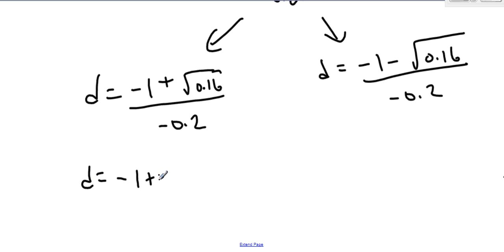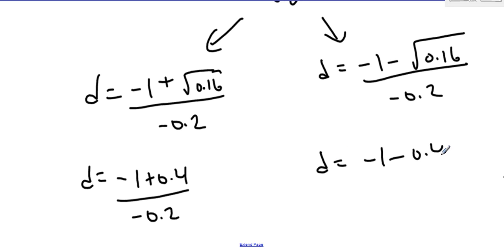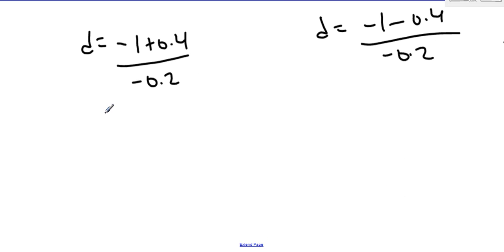So negative 1 plus 0.4. And this will be negative 1 minus 0.4. So two little quick things in your calculator. Negative 1 plus 0.4. So here I get 3. And here